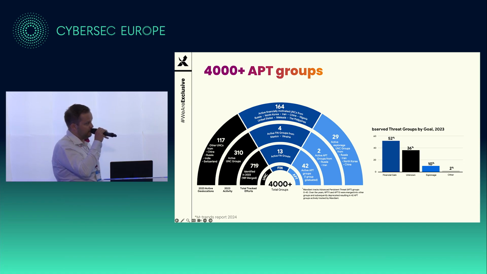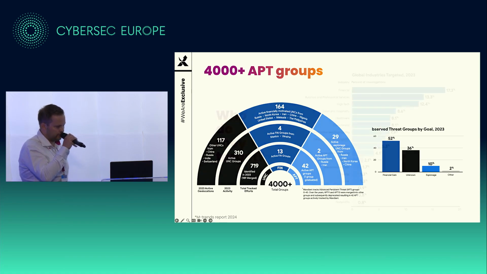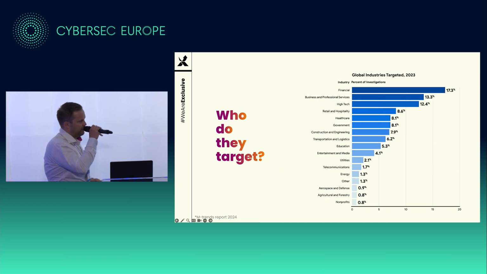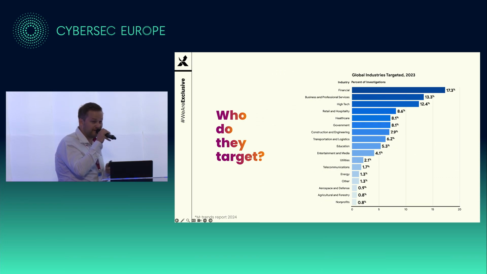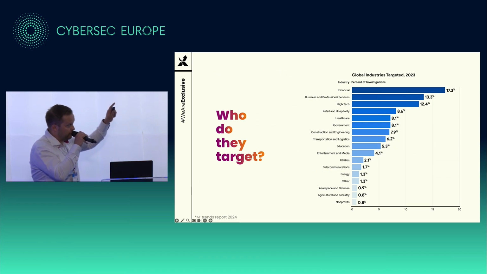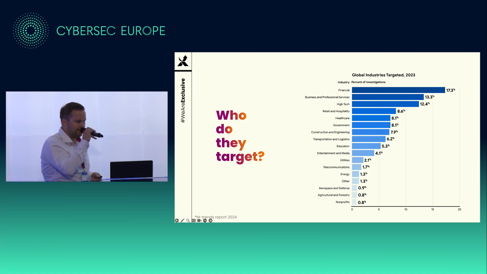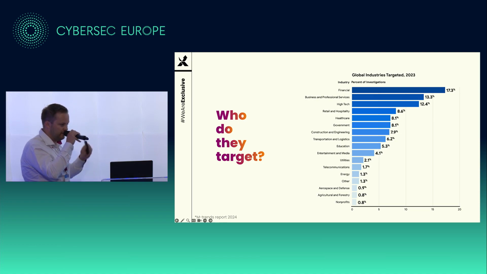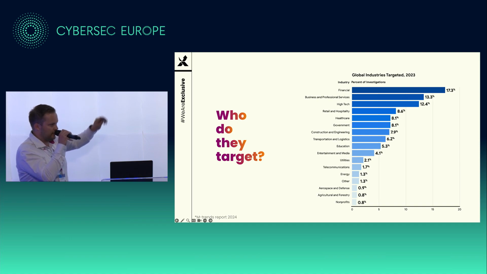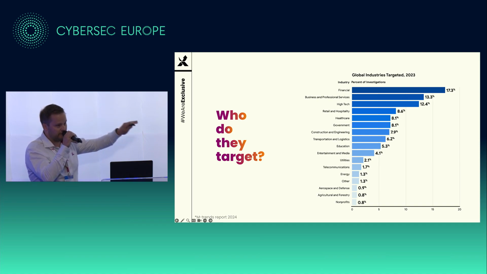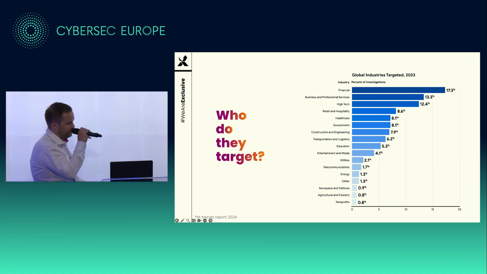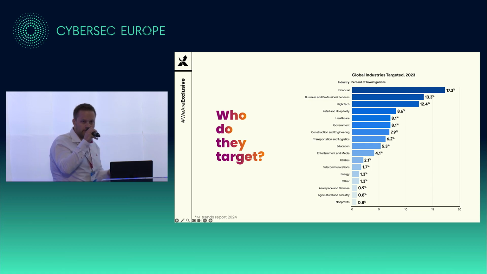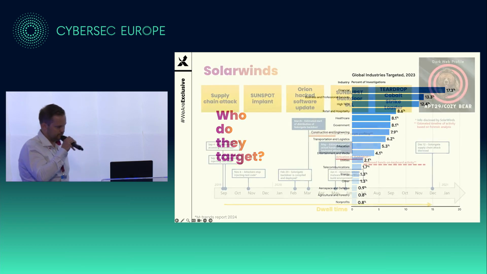And who do they target? Well, they work very specifically on verticals, because like everything in life, if you want to succeed, you need to focus, and that's exactly what they do. They focus on those verticals. So every APT has their own flavor, the way that they work, and they attack certain verticals. If you have a lot of money, you're a good target, or you just need to invest a lot in defense, and then you're less likely to be breached. But everybody is going to be breached at some point.